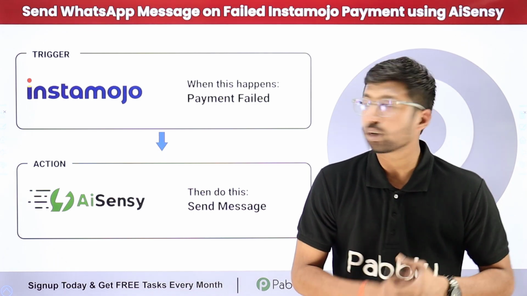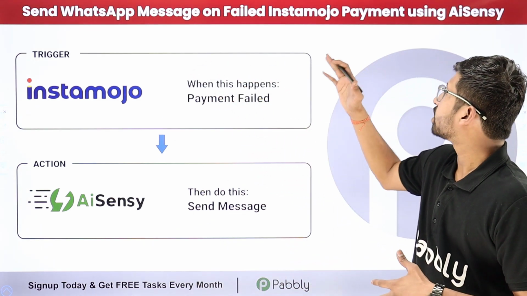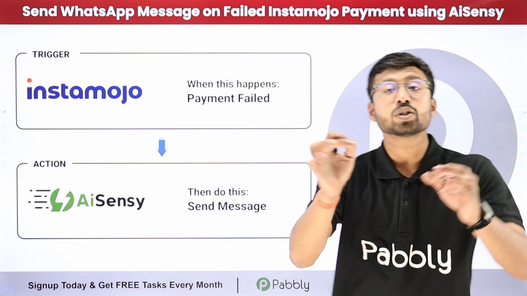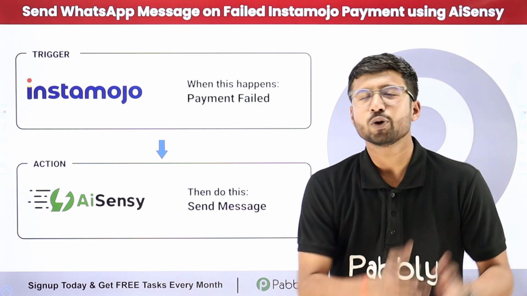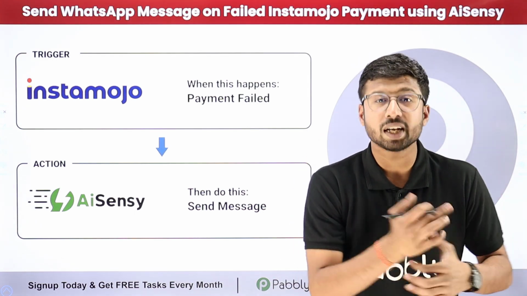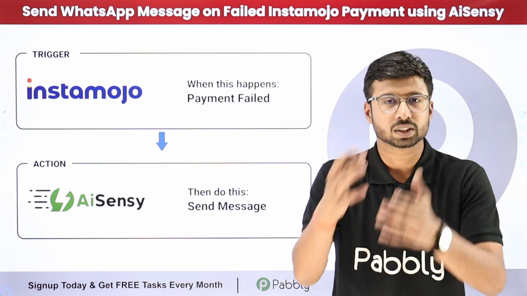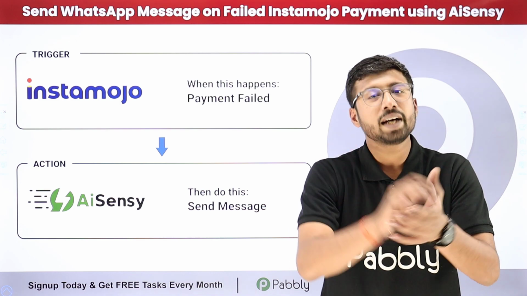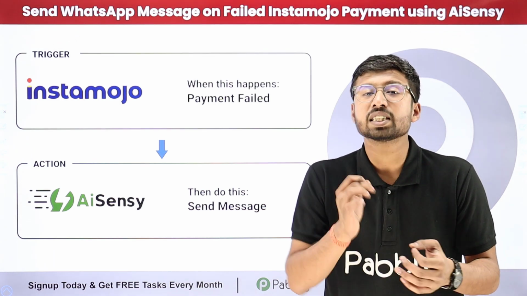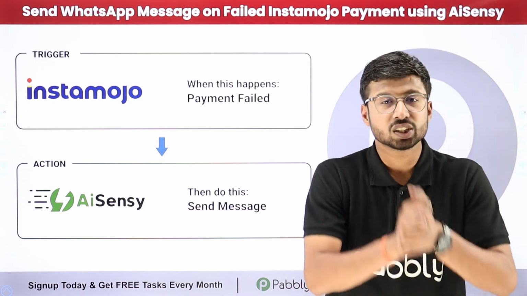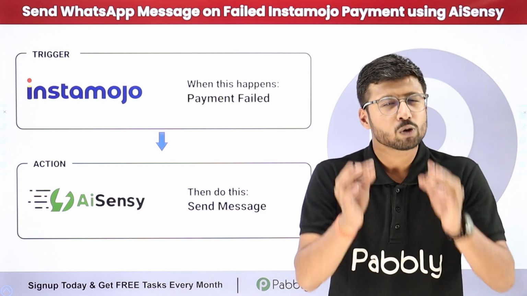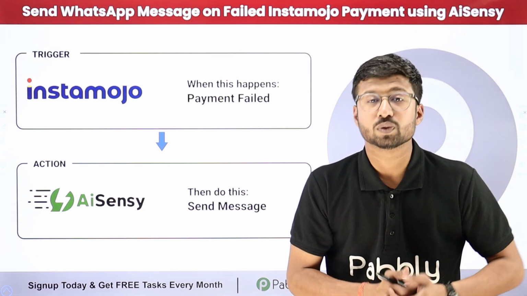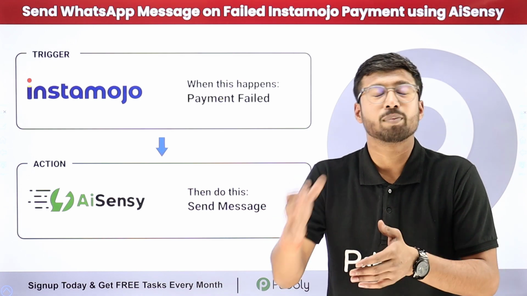So in this video, we are going to learn how to send WhatsApp messages on failed Instamojo payment using AiSensy. Let's say you are using Instamojo as an online payment gateway to collect the payments for your business. Now you want that whenever some customer attempts to make a payment and their payment fails, you want to instantly send them a WhatsApp message as a notification that their payment has failed, and also you want to add the link of the payment page once again that they can retry making the payment using that